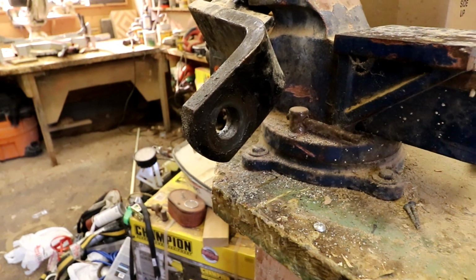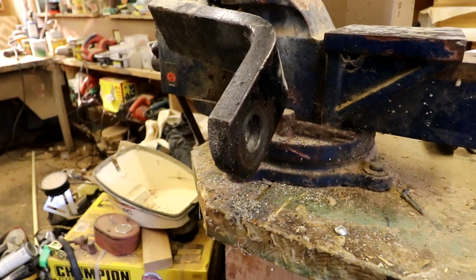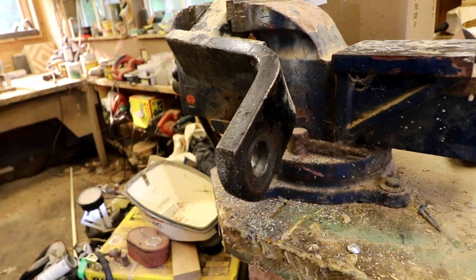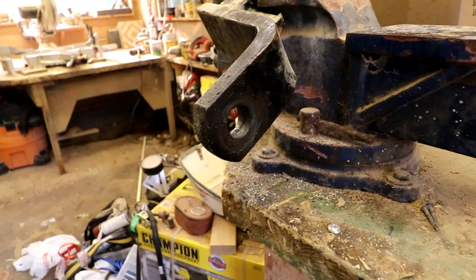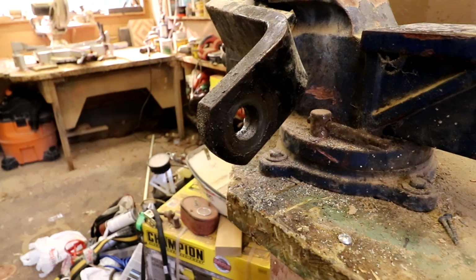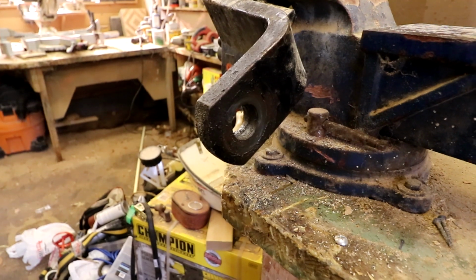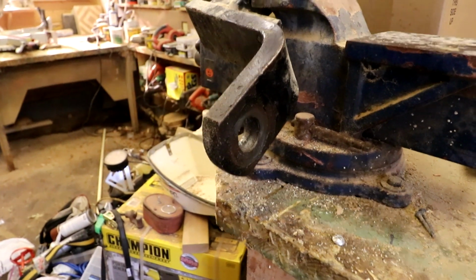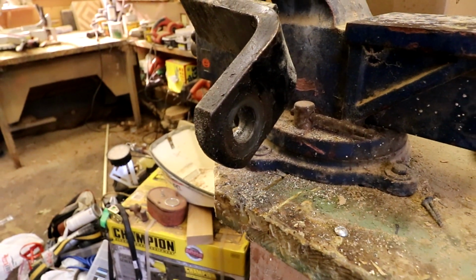For over 10 years, off and on, I've been trying to get that ball off this hitch, and I always just end up buying another drop hitch, and this one sits there. It had a 2-inch ball, but it was loose, and I pulled stuff thousands of miles with it that little bit loose because I could never tighten it or loosen it. No matter what I tried I couldn't get it off, but today I want to put a 1 7/8" ball on here,